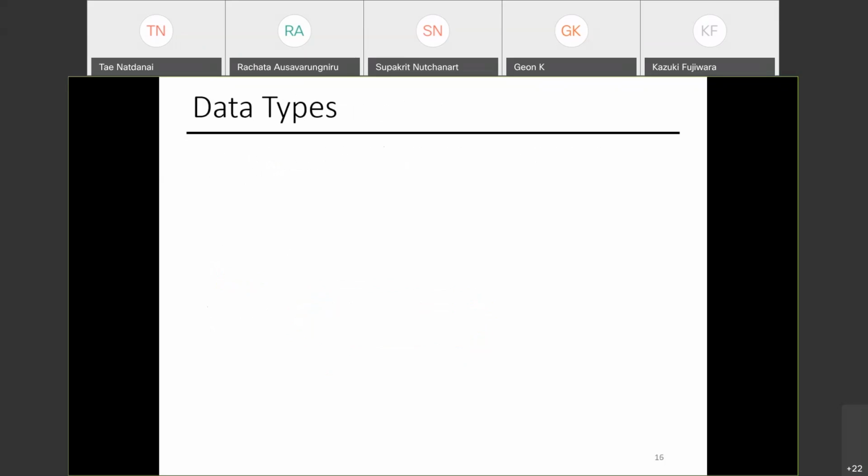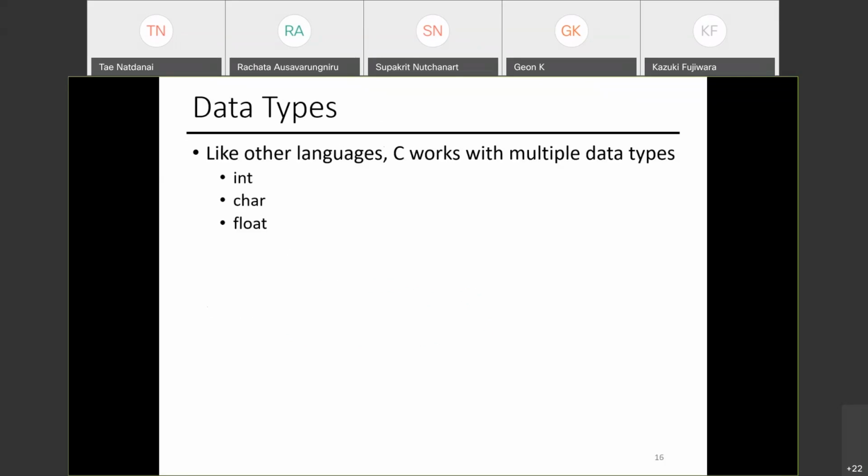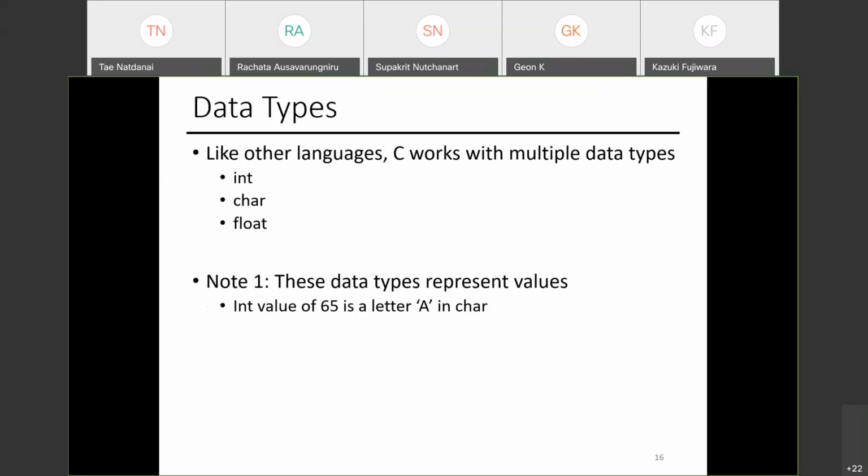If you use Python before, it's the same concept. You can have an integer, you can have a character, you can have a floating point number. The difference between integer and floating point number is that integer only has numerical numbers 1, 2, 3, 4, 5, 6. Floating point number allows something like 0.123, 7/8, right? Or those numbers between 0 and 1, 1 and 2. Character is basically an alphabetical character.